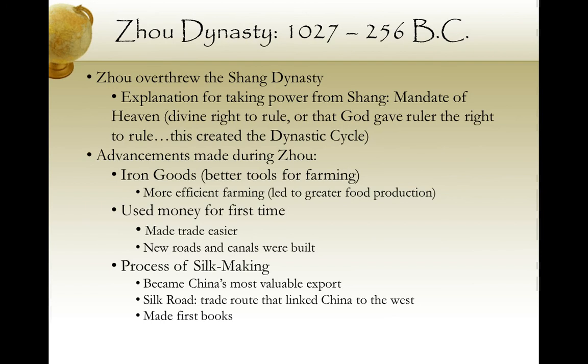So the next dynasty that develops in China after the Shang dynasty is the Zhou dynasty. The Zhou was a rival family that overthrew the Shang. They're able to claim that this was totally legit by saying that they have the mandate of heaven. It's kind of impossible to prove that you have the mandate of heaven, but it's also impossible to prove that you don't, because the way this works is that if I have an army and I'm able to defeat you,